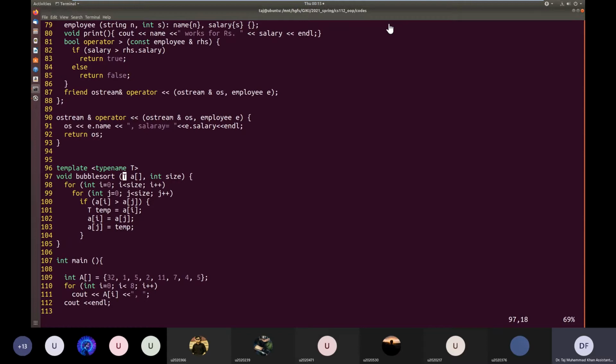At compile time, this one template will be used to generate code for multiple types: employee, integer, character, etc. So again, it's kind of the same phenomenon, using one template to create multiple forms or multiple generated code. So this is also polymorphism, but this polymorphism happens at compile time. So this is called compile time polymorphism.